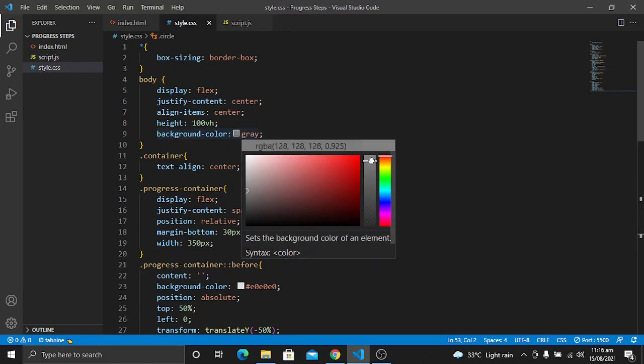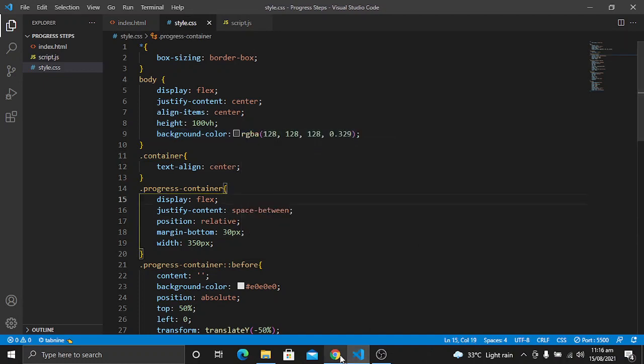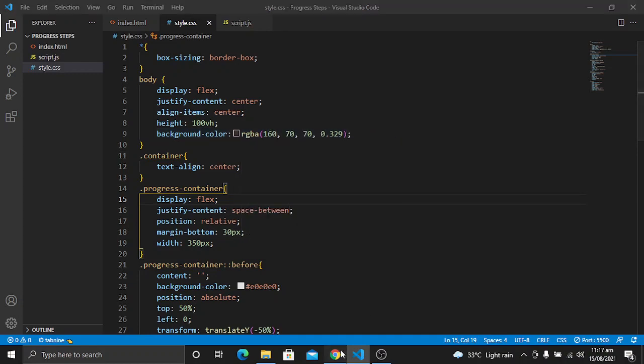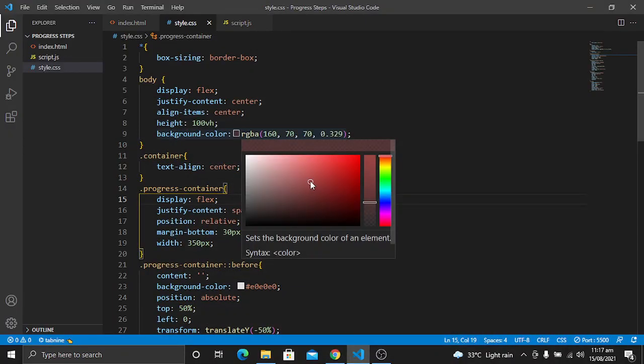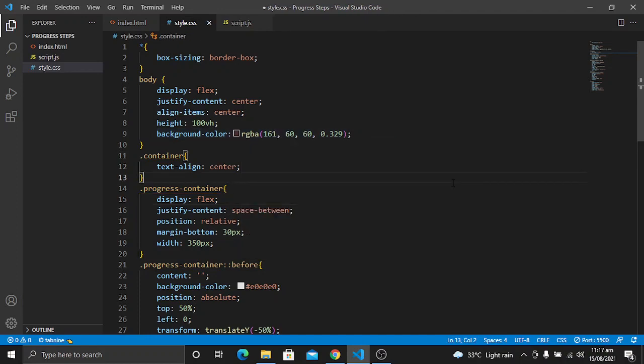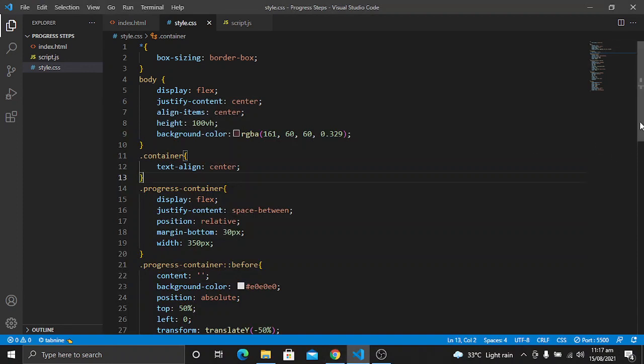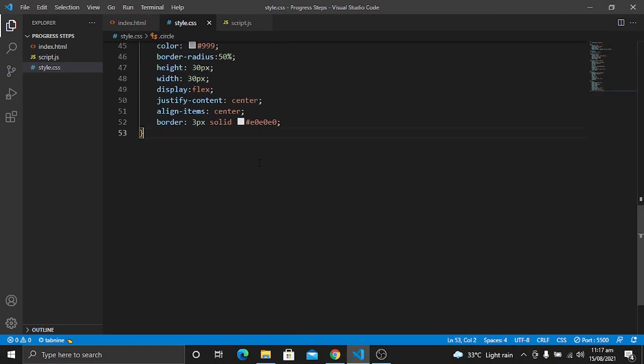Also reduce some of its opacity. Let's see if it's good or not. No, it's not looking good. You can also use some of other colors like this one. Yeah, it's looking good.